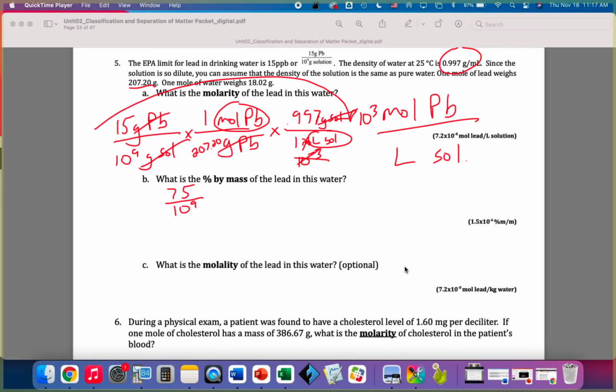Well, I can't do that in my head, but I can move that 10 to the 9th to the top and make it negative. So I think the answer is 75 times 10 to the negative 9th moles per liter, but in proper scientific notation, I should probably write that as 7.5. So I had to move it 9 places to the left from 75, but if I put it at 7.5, now I only have to move it 8 places. So I think the answer is 7.5 times 10 to the negative 8th, and that would be moles of lead